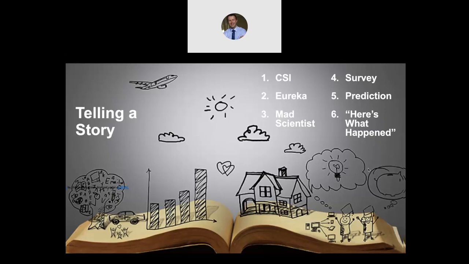It's usually a big problem, and it's usually a bit longer. So it may take more time. It may be released in phases, and is likely very important to the organization. Then there's a mad scientist